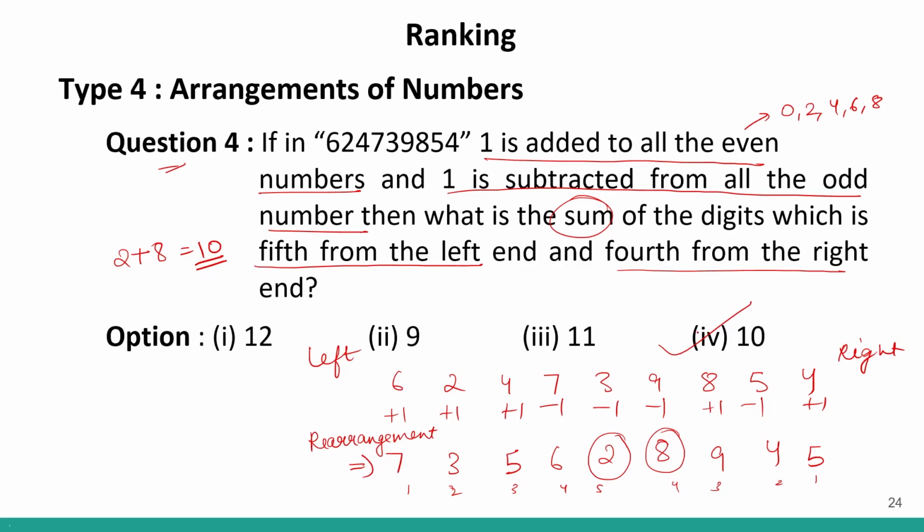Okay. So you can see whenever you get an arrangement of numbers, basically you have to deal with numbers. Based on these numbers, certain instructions are given to us. In the instruction, we got 2 instructions. First was adding 1 to all the even numbers. Second instruction was subtracting 1 from all the odd numbers. So based on those instructions, we found a rearrangement, and based on this rearrangement, we answered the question. Clear? Now,